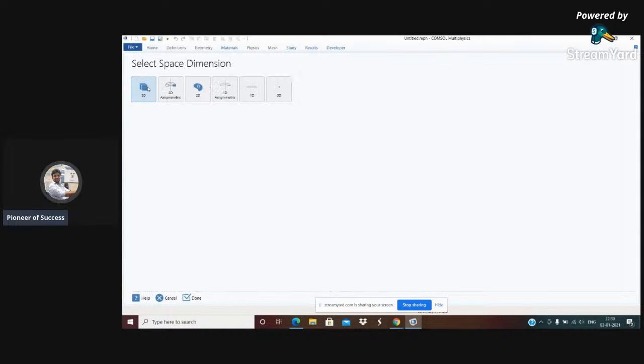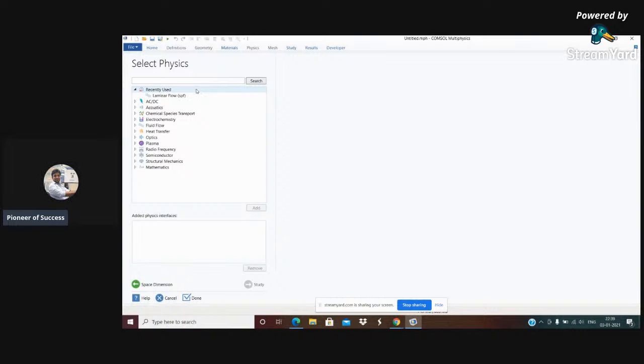So if I click on model wizard, then I choose any of the options you can see here. For the time being, I'm explaining the options available in COMSOL, that means the physics. I'm not going into a particular model or model development, that I will come to later on. So those are the physics available. You can see it is broadly classified into AC/DC, that is alternating current and direct current. In AC/DC there will be several modules. If you see,